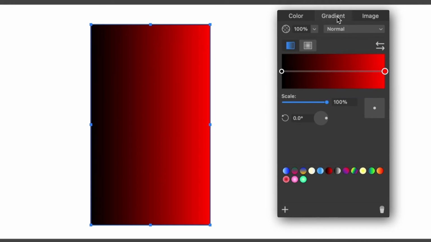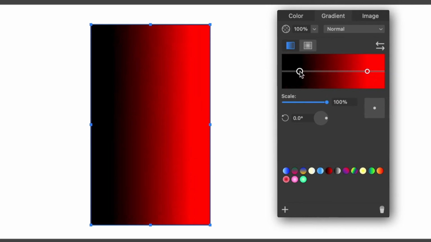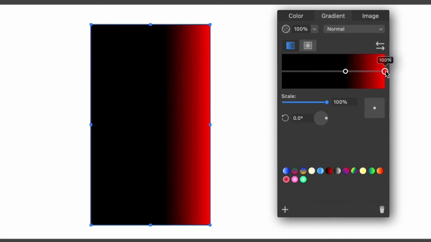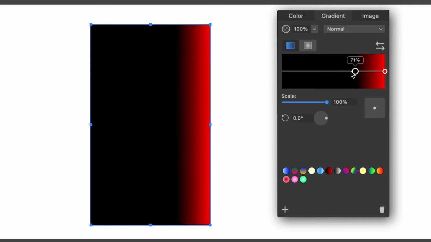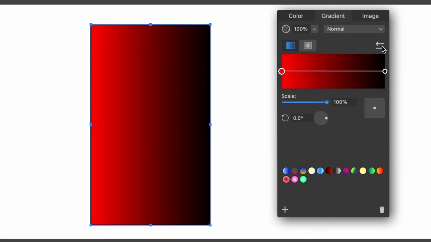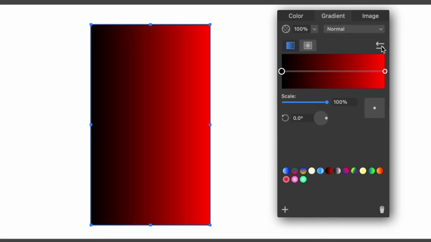The interactive preview displays the gradient and lets you arrange its colors. These two colors on the sides are base colors. Everything in the middle is the transition from one base color to another. We can drag one of the circles toward the center of the gradient. This makes the corresponding color take most of the gradient space. The button with two arrows above the preview reverses the order of the base colors.